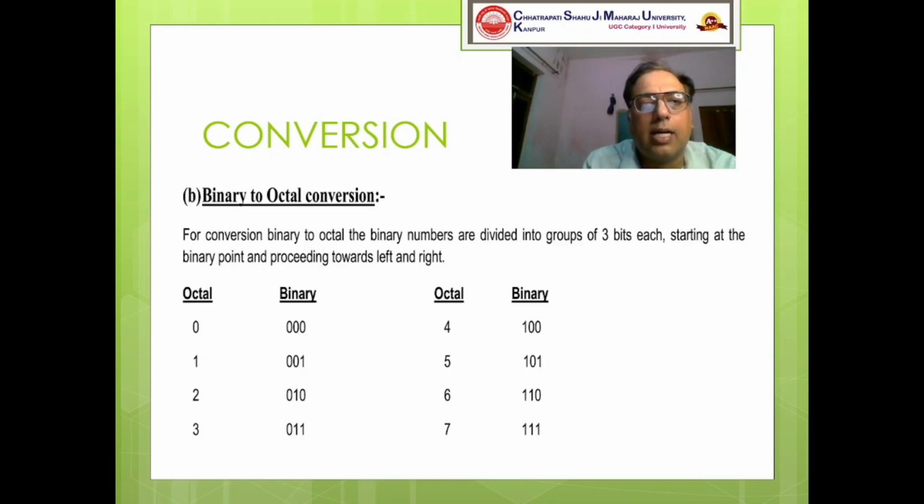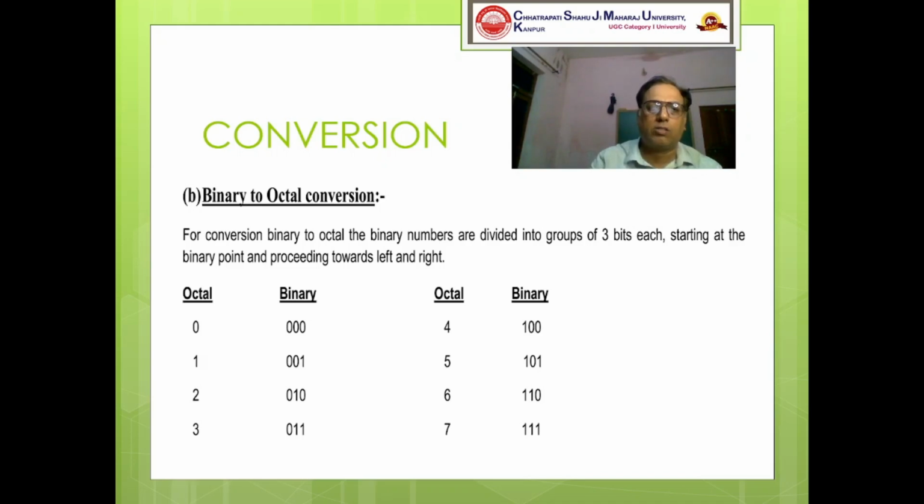Now let us see the next part, a binary to octal conversion. For this conversion, the binary number is divided into groups of 3 bits each, starting at the binary point and proceeding toward left and right. For 0, the binary